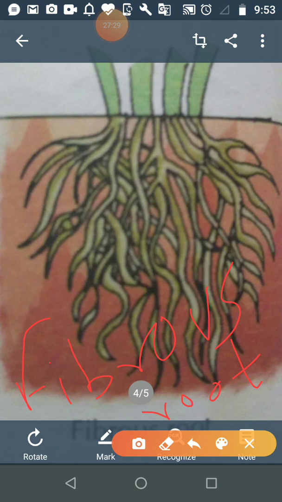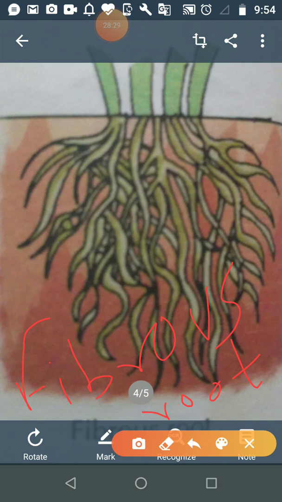In the same manner, student, for the growth and development of the plant, they also need nutrients, and these nutrients are present in the soil. Now the question arises, which part of the plant is in the soil? So what is the answer? Root. That is the reason it is one of the important functions of root.